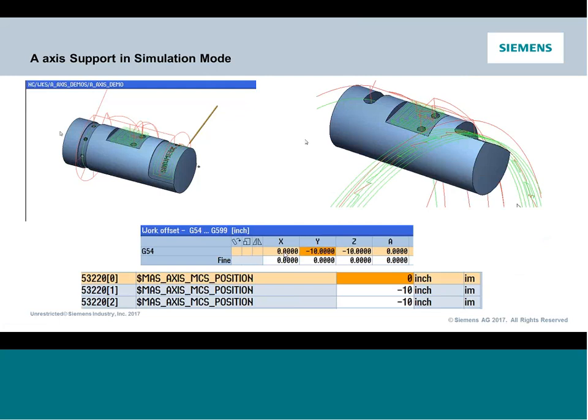So what happens is your A-axis is most likely not set up right at machine 0. Simulation doesn't know where the rotary axis is. So I can all of a sudden get these crazy skewed simulations because I got an offset in my work coordinate system that's shifting my work coordinate to the center of the rotary, but simulation thinks that the center of the rotary is at machine 0. So this scenario doesn't occur in the machine you were just looking at because I have that collision avoidance model set up. Had I not, I need to go to this machine parameter